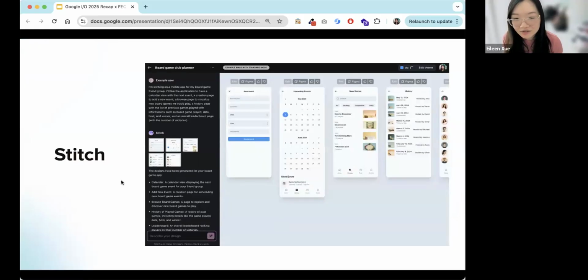Okay, so this one is called Stitch. I think this one was newly announced this year. And there are existing tools out there from other companies that do similar things, where you give a prompt and it generates UI. But I think this is definitely changing the game for front-end development. If you do front-end development and you have to work with a designer, now you don't even need to work with a designer per se. You can just prompt it and it can spit out some designs for you.